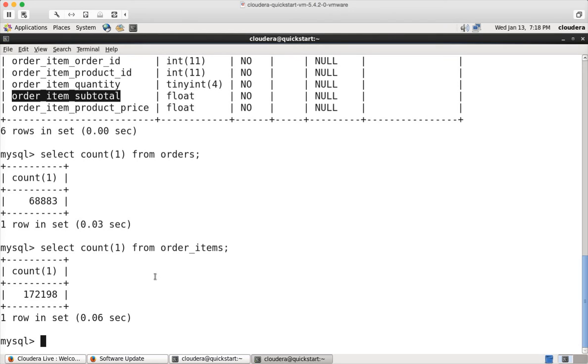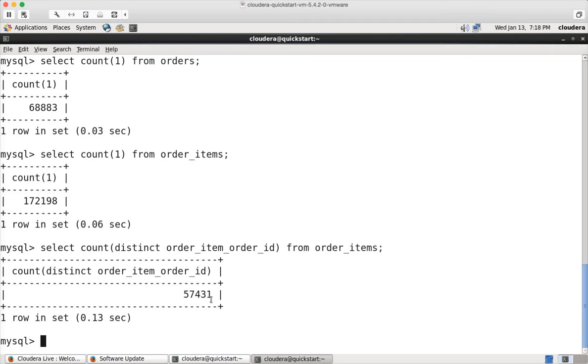For that reason, you can validate that by saying select count of distinct order_item_order_id, the column which represents order ID in the order items table, from order items. You can see there are only 57,431 orders in order items, whereas in orders there are 68,883. It could be because cancelled orders might not have made it into order items, or some other orders might not have. So we have to compute revenue for each day, and also we need to get distinct orders from